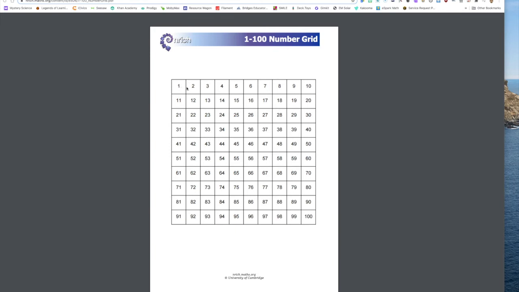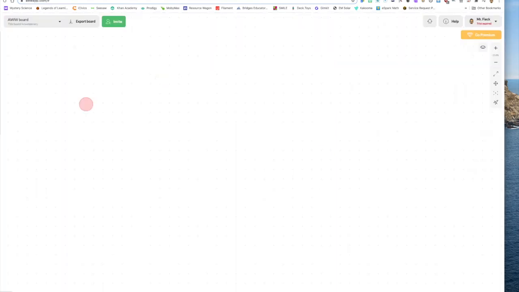the beginning number and the end number and add them together, you get 101. Well, if you keep that pattern going, 99 plus 2 is 101, 98 plus 3 is 101, and you keep that pattern going for 50 numbers, because there are 50 groups of 101 in the number grid 1 to 100. So the only thing you really have to solve is 50